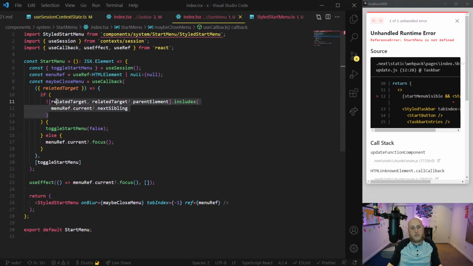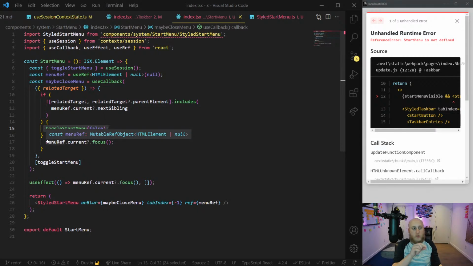Now this took a little bit of time to figure out this logic, but I'm pretty proud of it for the most part. It's not something I completely remember what the heck I did here. Let me just think. Can we skip it for a second, in fact? So without going into what I did here, let's just say that this logic checks to see if the menu should close, and if it does, then it closes it. Otherwise, it refocuses on the start menu.